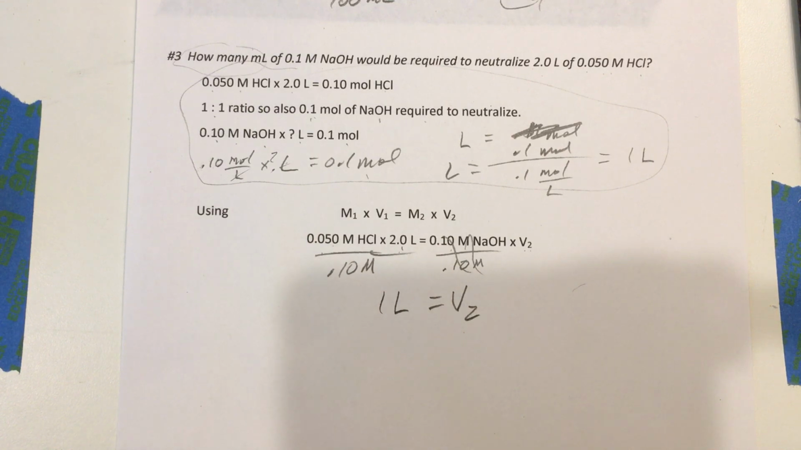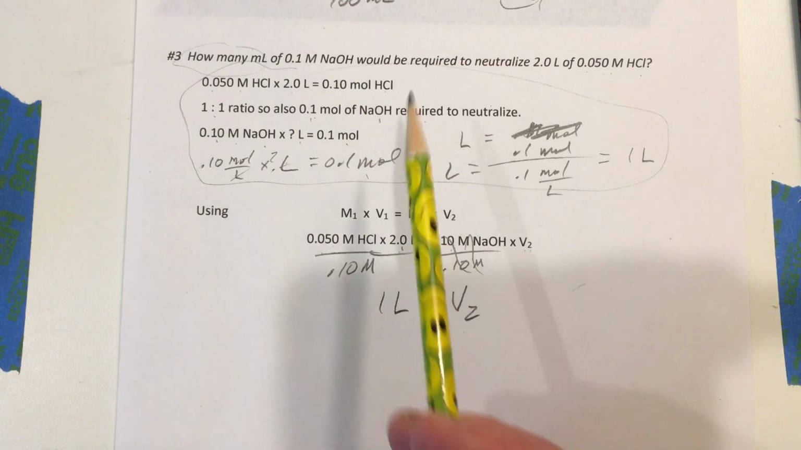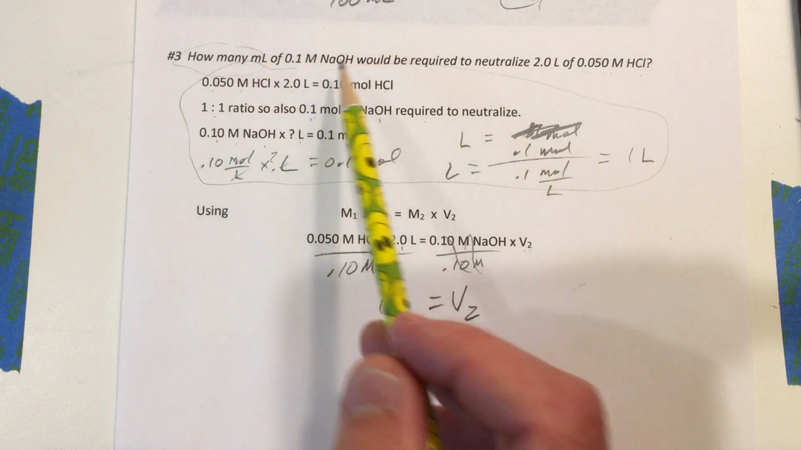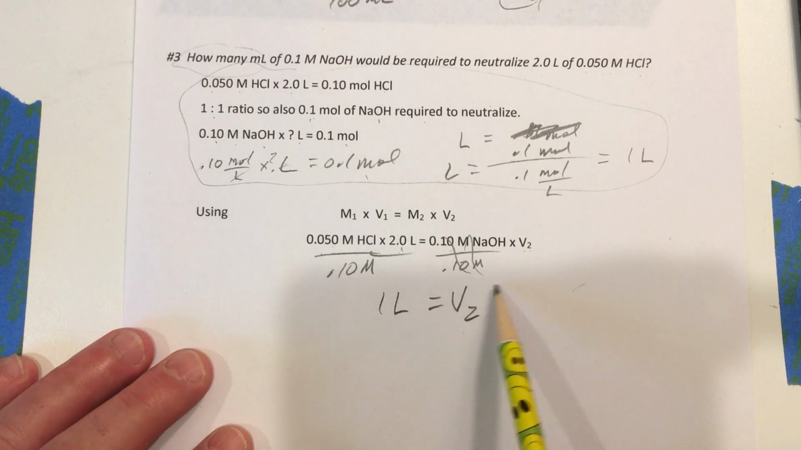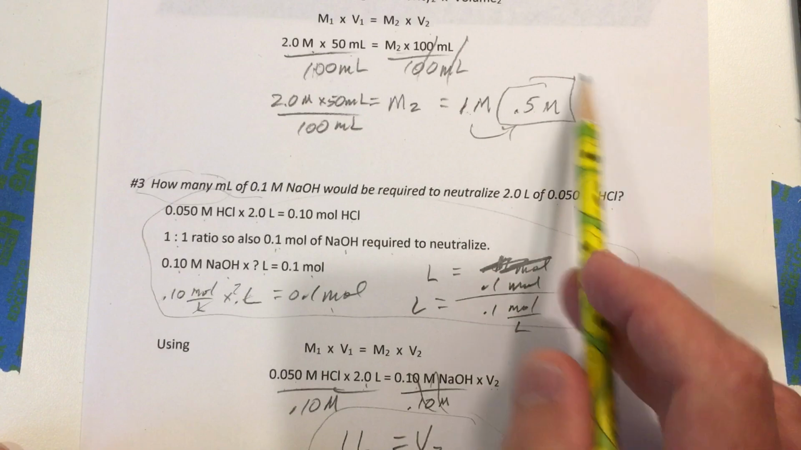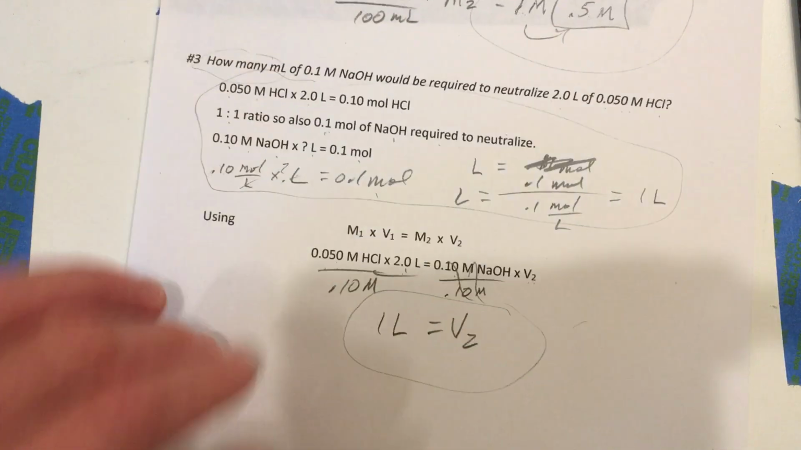Just keep in mind that sometimes you have 2 hydroxides or 2 hydrogens in your acid or your base. And so that's how we find the volume of sodium hydroxide needed to neutralize this much acid. Here we found volume instead of finding molarity like we did up here. Okay, let's go to